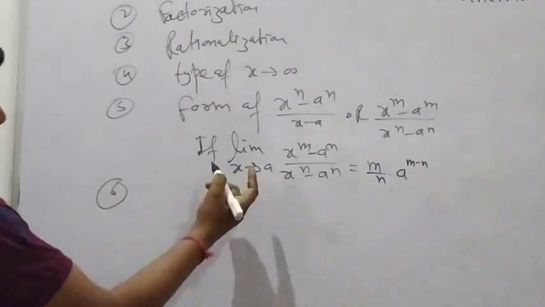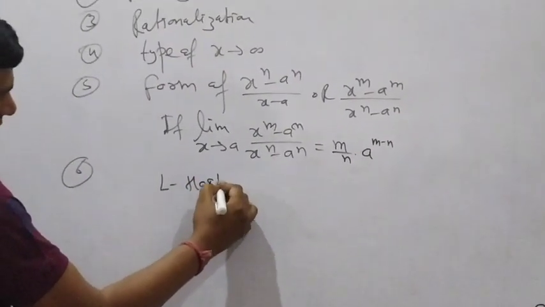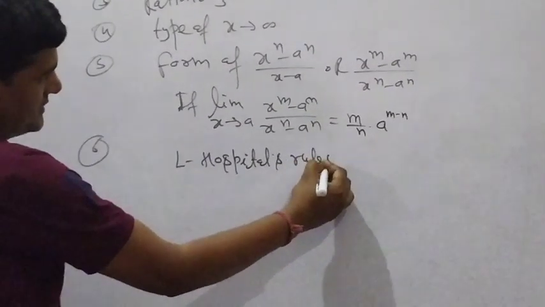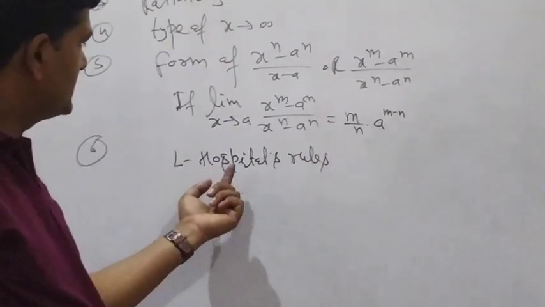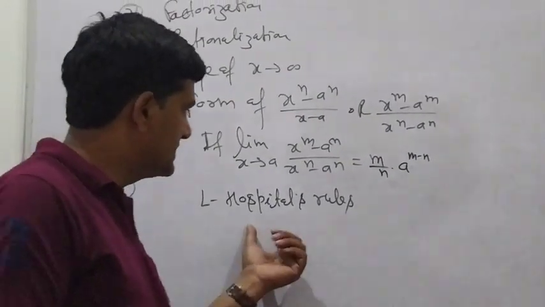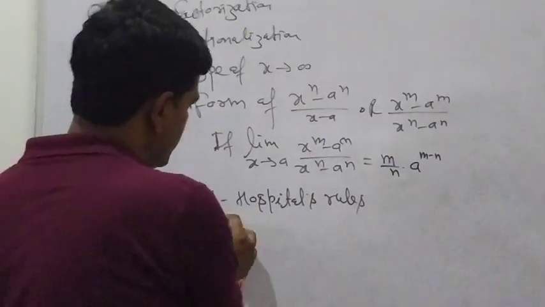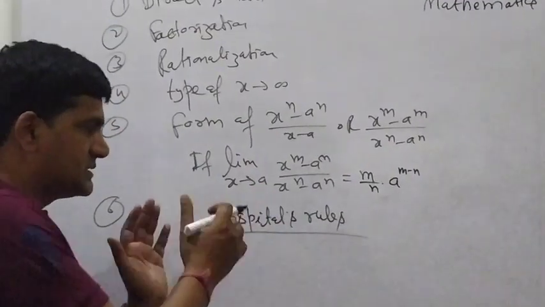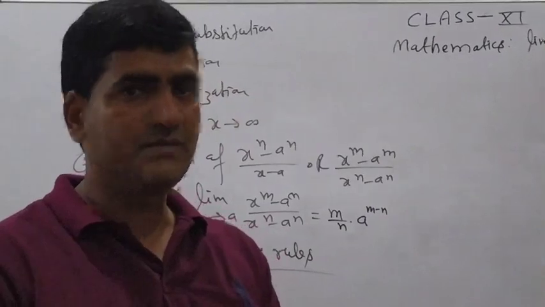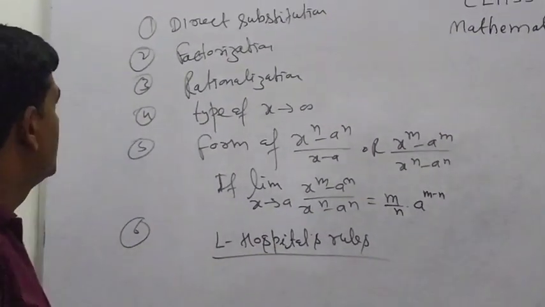And the 6th one, very most important, L'Hospital's rule. Clear? L'Hospital's rule. Some books give it as L'Hospital and other books also give it as L'Hospitals. Here I am writing L'Hospital's rule. This is very important. By applying these rules, these methods, we can solve all the limits in a very easy, simple form. Now I am going to give the example based on the first one,